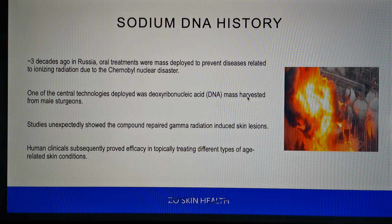And what was an unexpected outcome, although they saw great results with being able to prevent the onset of various internal diseases that can occur from extensive exposure to ionizing radiation, they also noticed this compound happened to repair gamma radiation-induced skin lesions very rapidly. And this was a piece of information that sort of sat in the files in the cache for a long time,